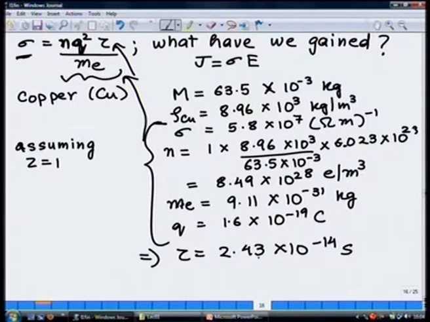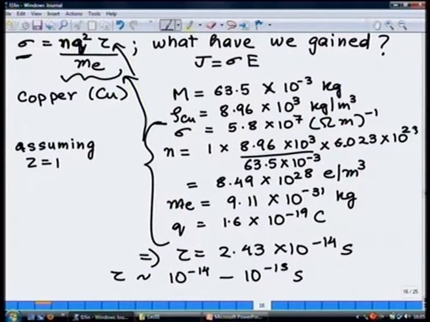That is what the value of tau is. So, depending on whether you had chosen Z an order of magnitude higher, let us say tau therefore varies between 10 to the power minus 14 to 10 to the power minus 15 seconds. Now, if you look at the velocities involved in these materials,